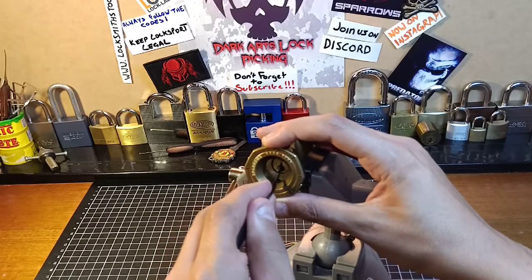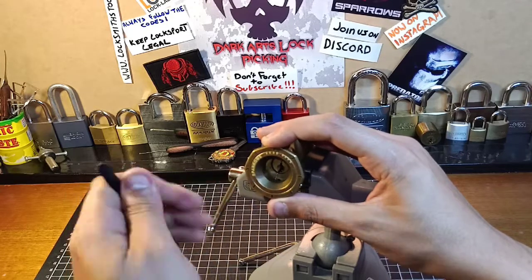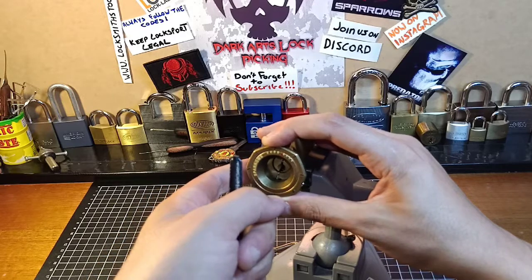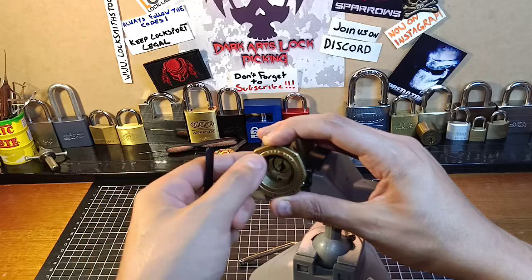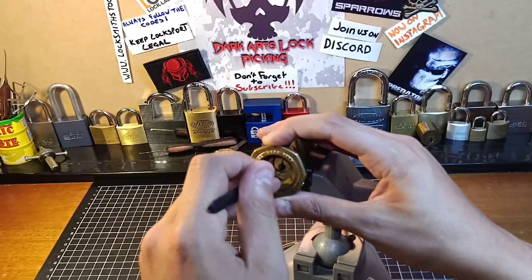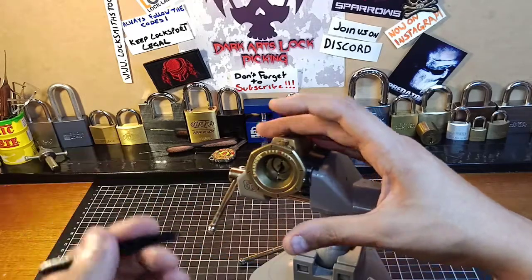I'm not actually going to pick this, but just to show you. So you've got a good, say, half inch, maybe an inch, distance from the face of your lock through to where your limit is. So for single pin picking, I don't really like this, but